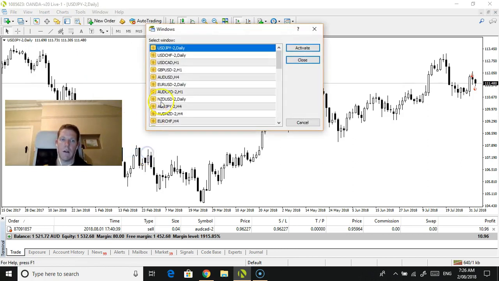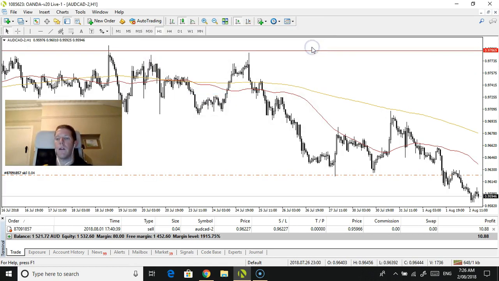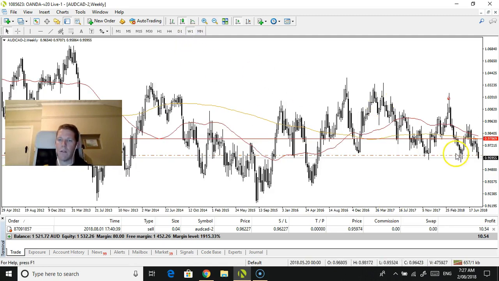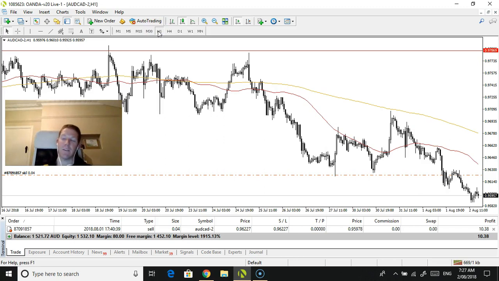Where's the AUDCAD? AUDCAD. So no set take profit. Now what I like about this trade, you go to the daily, and obviously it's down here. There is a little bit of support, but if it really breaks down here, there's a lot of room to the left where it can just fall completely. You want it to free fall. You want to see something like this. That's great. So that's what I'm contemplating. So as you can see, it's sort of, but